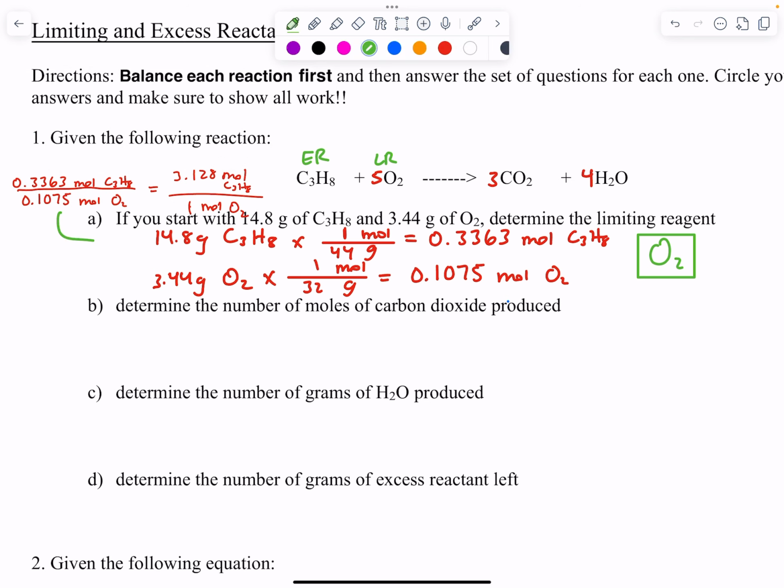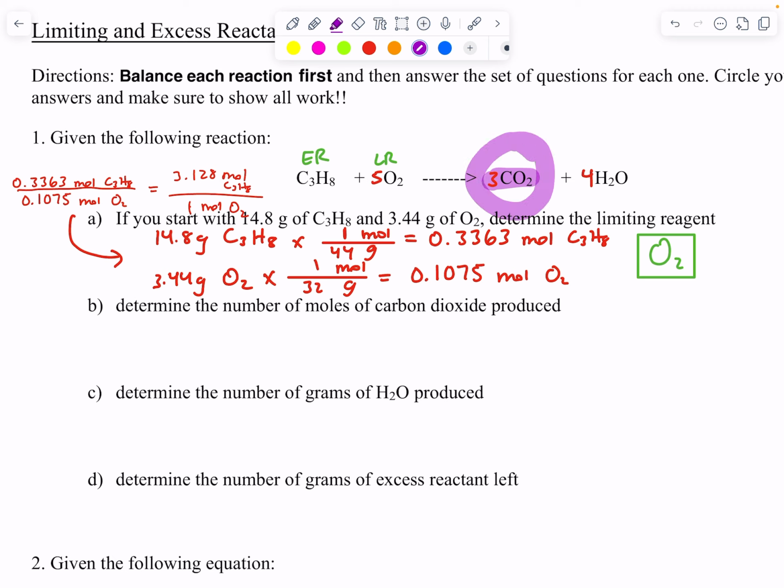This belongs to this. Okay? Next, determine the number of moles of carbon dioxide produced. Okay, carbon dioxide is a product. Here's carbon dioxide. Okay? In order for me to determine how many moles of carbon dioxide can be made, that's